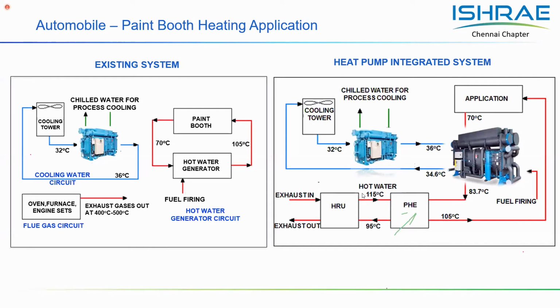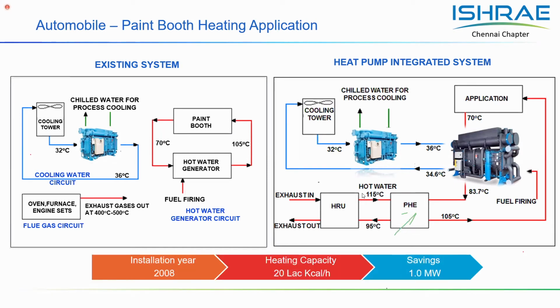So an absorption heat pump can be an efficient solution for this kind of paint booth system, wherein we have seen solutions like absorption heat pumps recovering heat from cooling towers or from other processes and delivering an energy reduction, or reduction in fuel consumption, of around 40%. So the user saves on costly fuel, which is natural gas, propane, or diesel in certain cases, and the savings can be in crores of rupees depending upon the scale of operation.